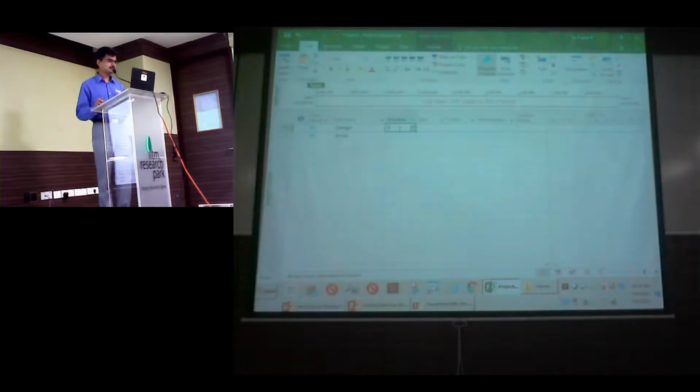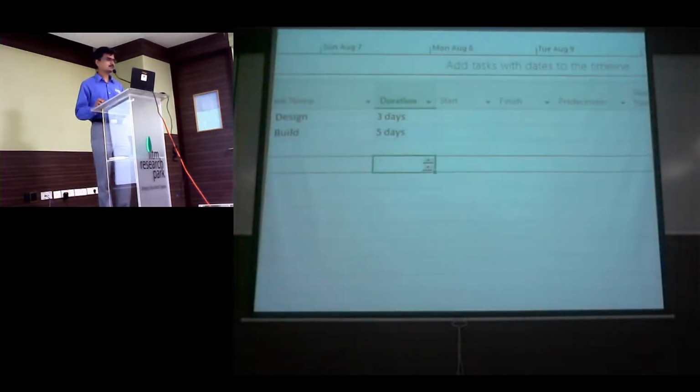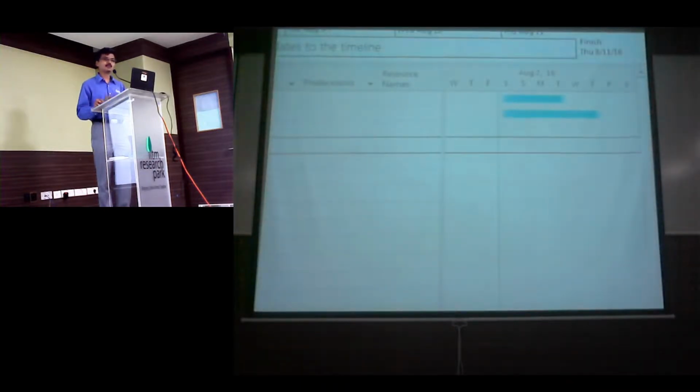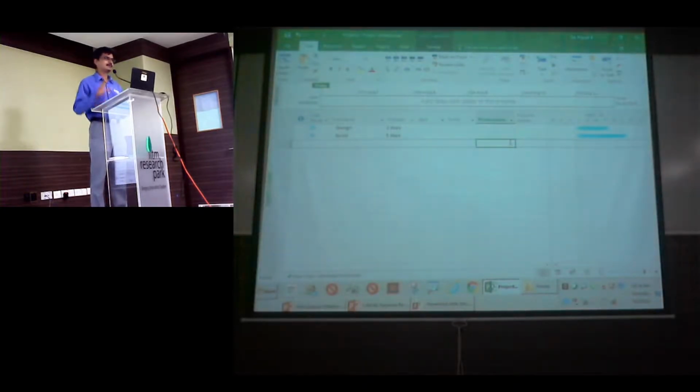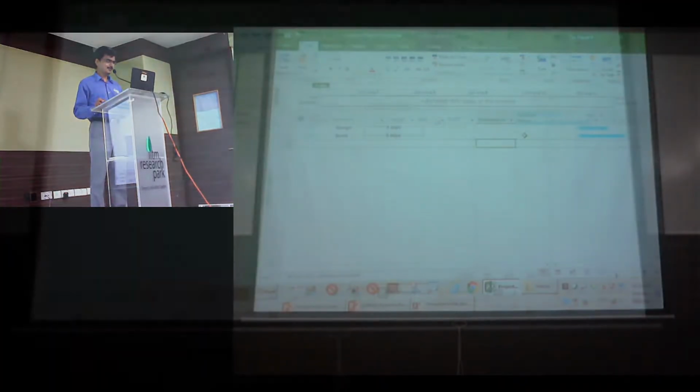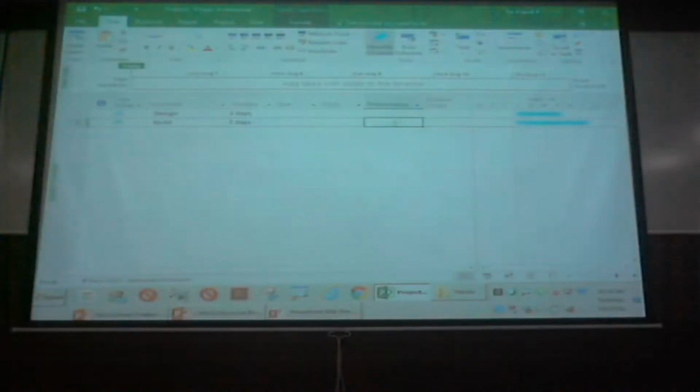So I'm going to just enter some numbers or durations for each one of these tasks. As you start entering the duration, you also see on the other end, based on the duration that we have just entered, the taskbar is automatically getting displayed. So we think we are doing it right. Am I right? Now this is where the problem starts. The moment you start setting dependencies, that's when the importance of task mode will really come into the picture.